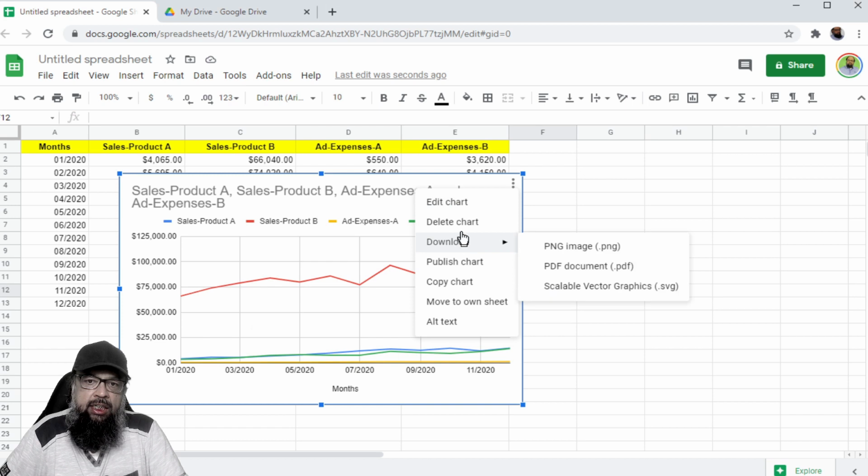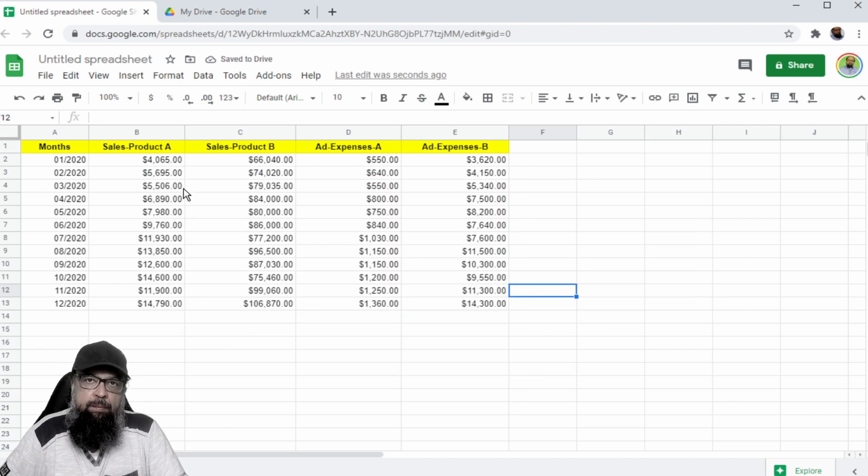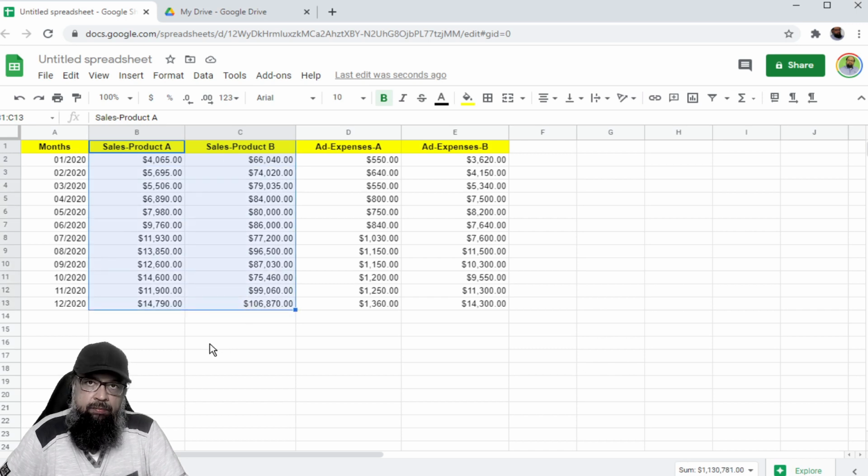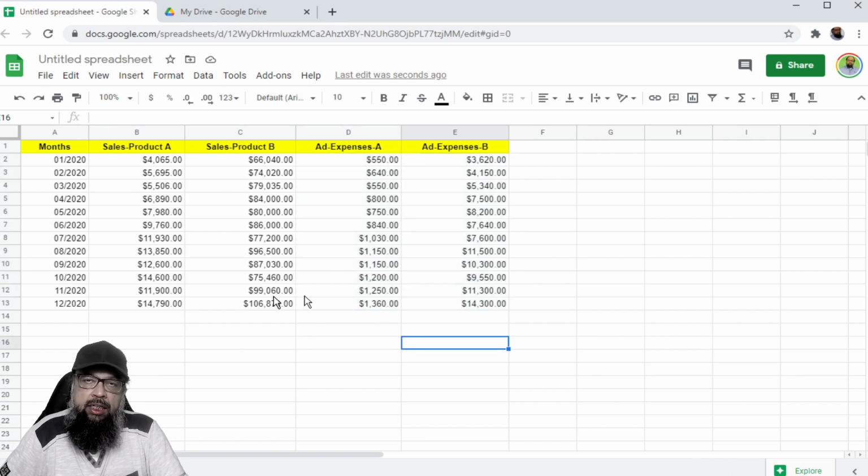But there is one thing very obvious which you should understand. Let us delete this chart, and the important thing you must understand is that only these two columns are related to each other in some sense because these are sales values, and similarly these two columns are related and these are ad values. So if you want to plot a graph of all these values, that is not a good approach. From this point on in this video, I am going to discuss only these two columns.